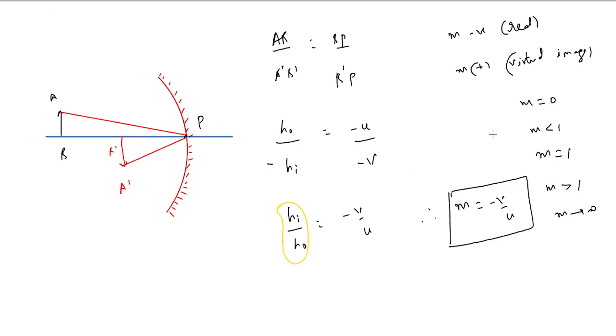So in this case, it is called diminished. This same size is called same size, and this enlarged. So don't always think that magnification always means enlarged. It's a common term. Whenever m is less than 1, it is called diminished. When it is 0, the image is a point image. When m is equal to 1, the image and object are of the same size. When m is more than 1, it means the image is enlarged. This is what is magnification.